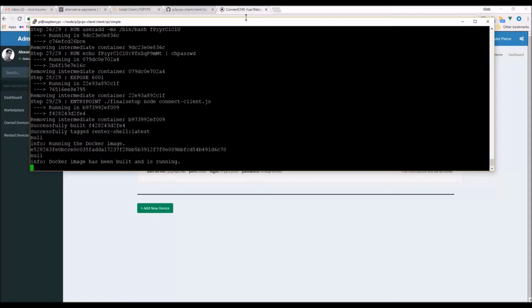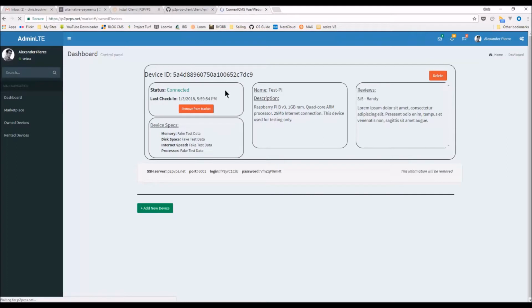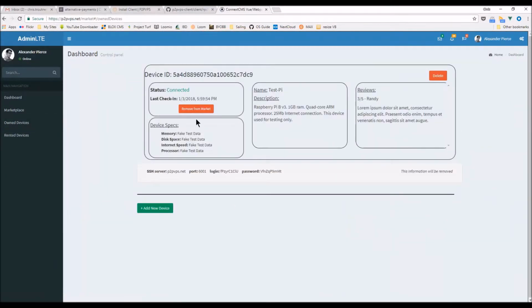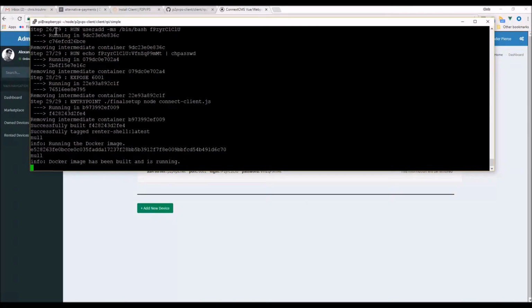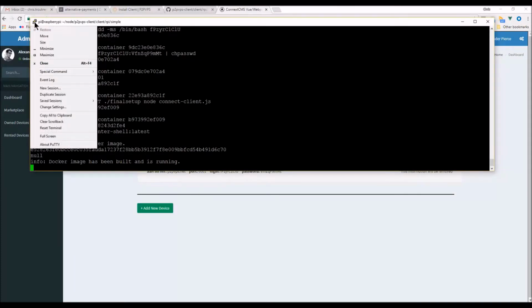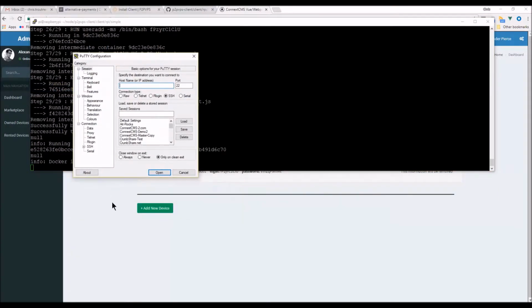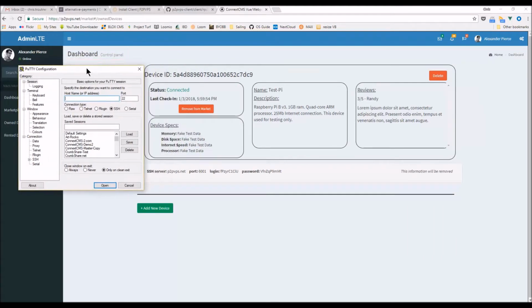But if you go back to the web app and refresh your screen, and then go back there, you'll see this updated information. This message will say connected, and it'll turn green, and there will be this connection information so that you can test the SSH connection. And so let's just do that while we're waiting for the expiration date check-in to fire. So if you put this information in,